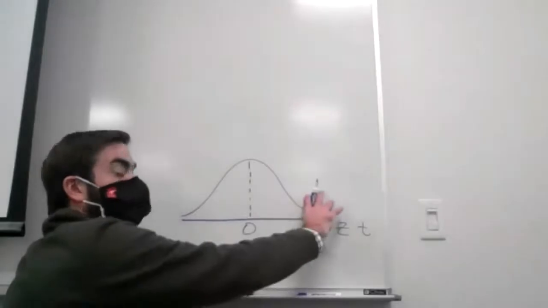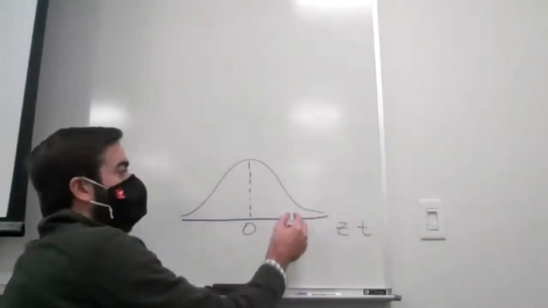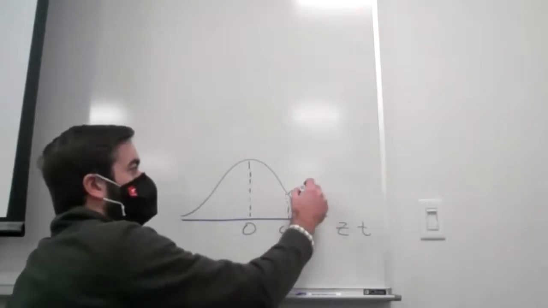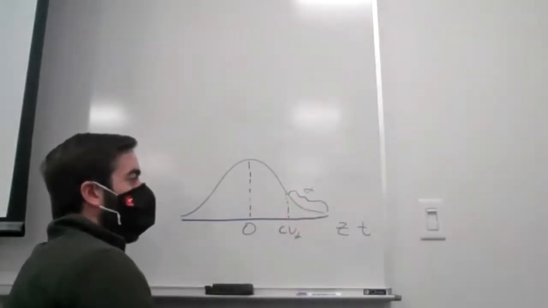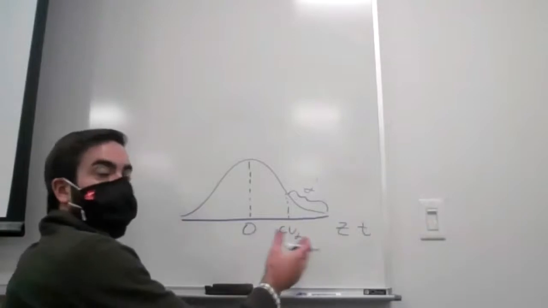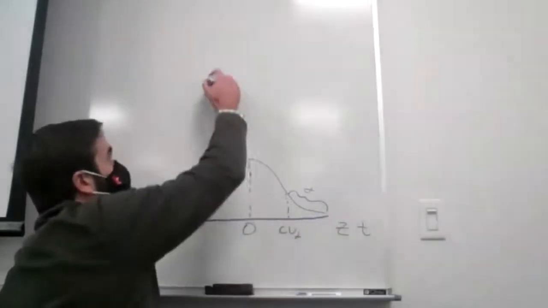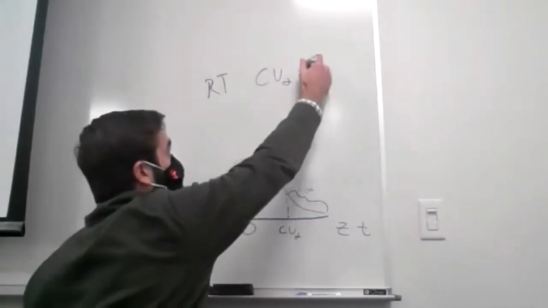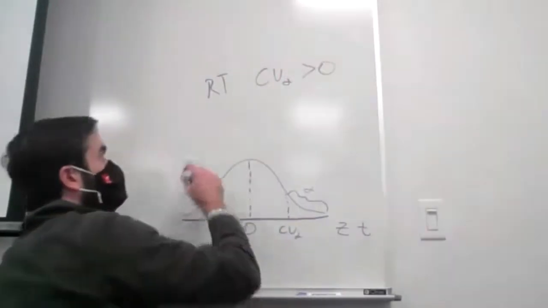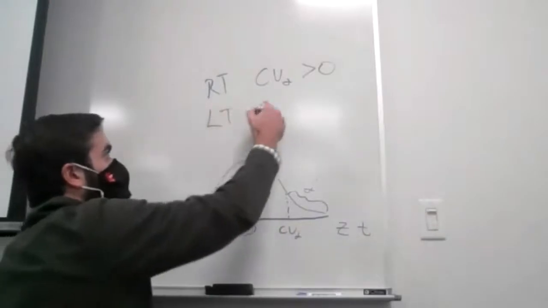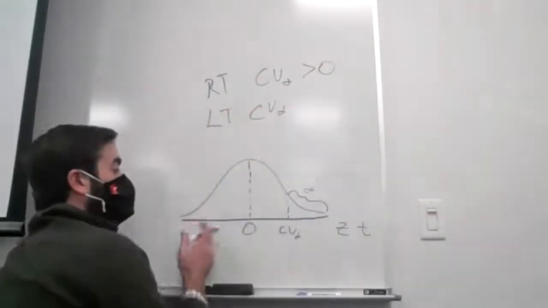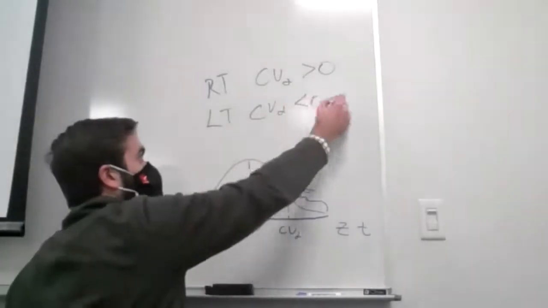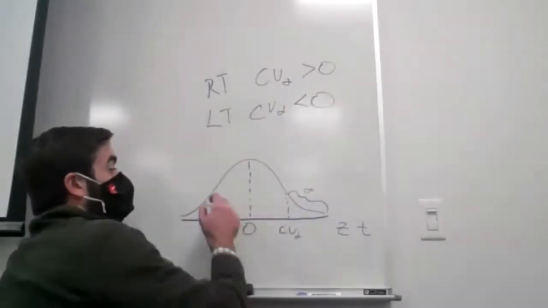So if I have a right-tailed test, I'm looking at the right side of this distribution, my critical values that give me alpha in the tail are going to be positive. They're to the right of 0. So for a right-tailed test, my critical values that give me alpha in the tail are greater than 0. For a left-tailed test, the critical values that give me alpha in the lower left tail would have to be negative. And remember when we had a two-tailed test,